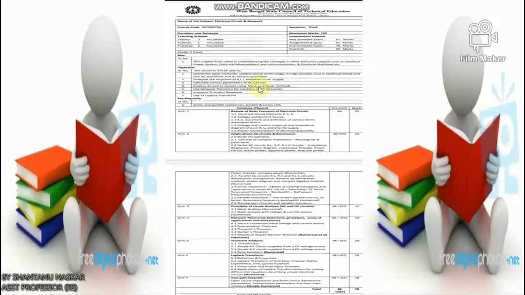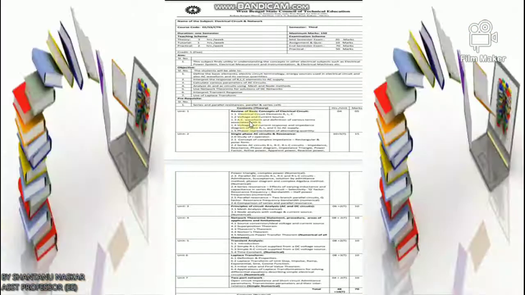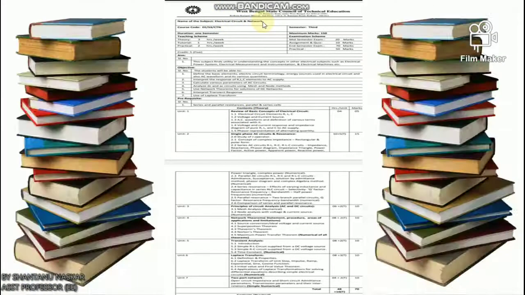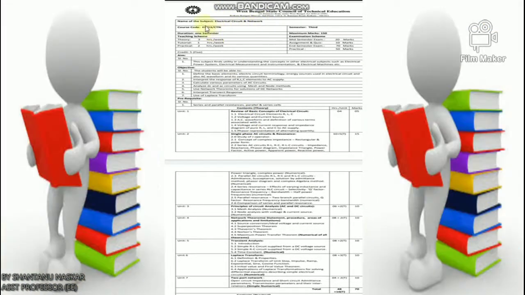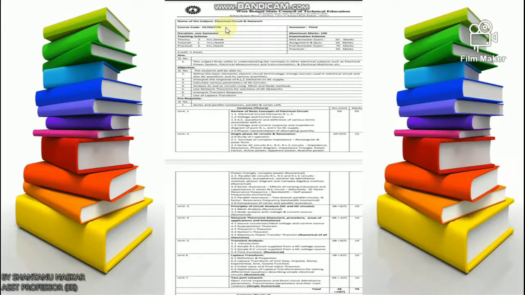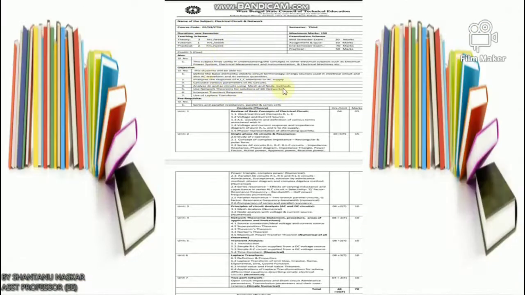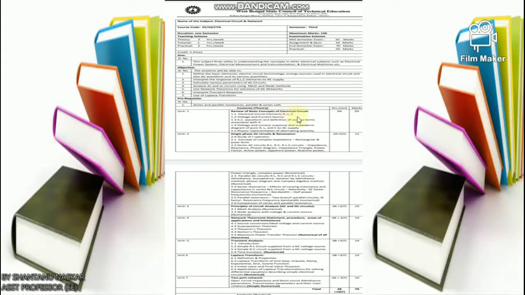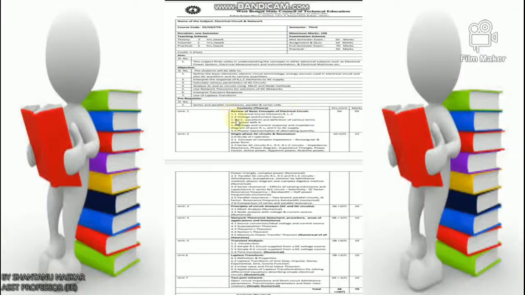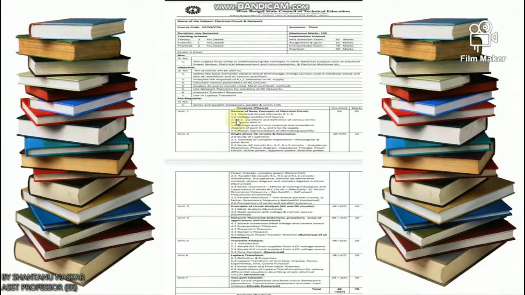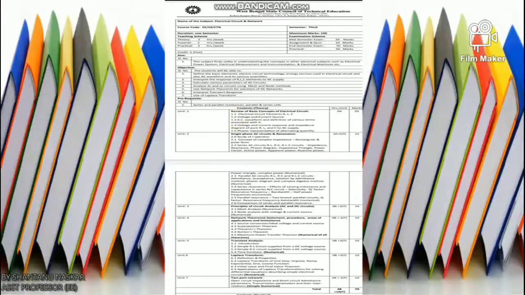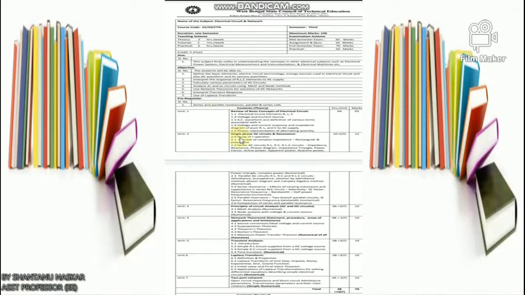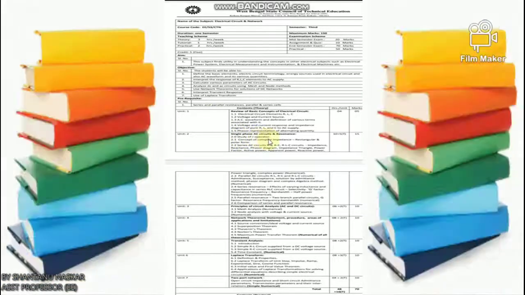So let's talk about your syllabus. This is your subject, Electric Circuit Theory and Network, course code EES3CTN. About the objective I have already discussed, and the review of basic concepts of electric circuits I have already covered. About the single phase AC circuit and resonance, I will start here. Today I will discuss the study of the J operator.